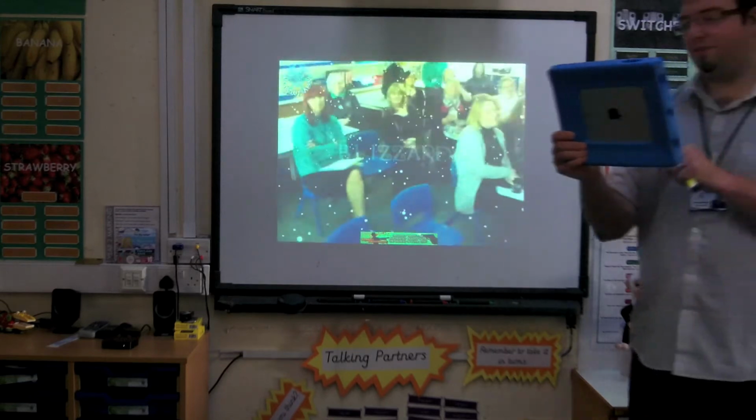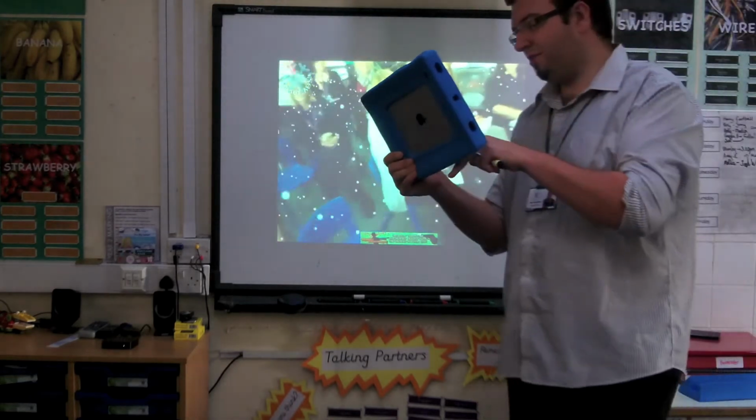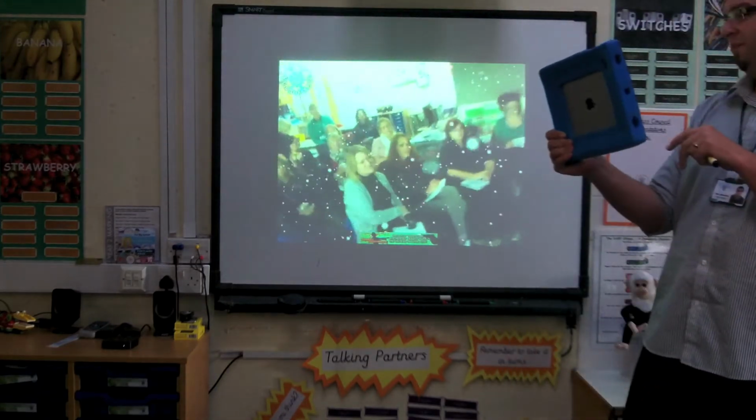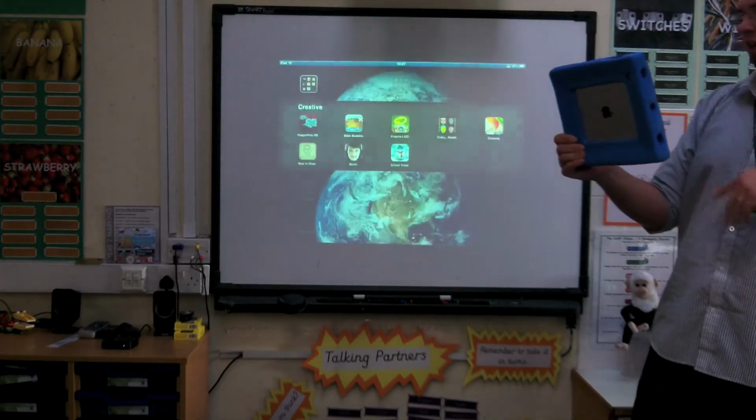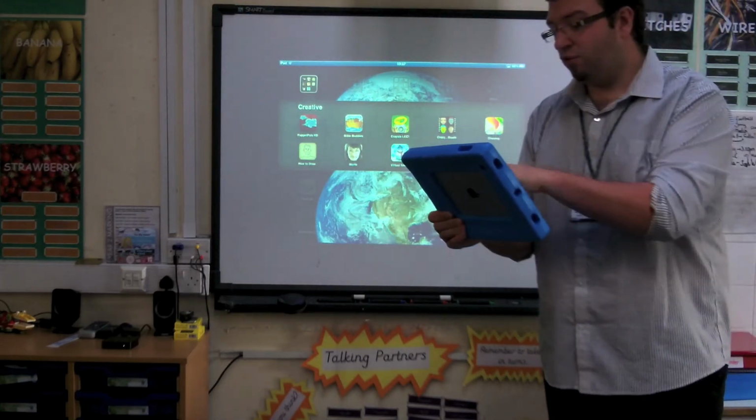The problem with a lot of these free apps is that they all contain adverts at the bottom, and you'll see that's not a very appropriate advert at the bottom there. That's why we need to start looking at upgrading these to non-free versions to get rid of those adverts. Drawing